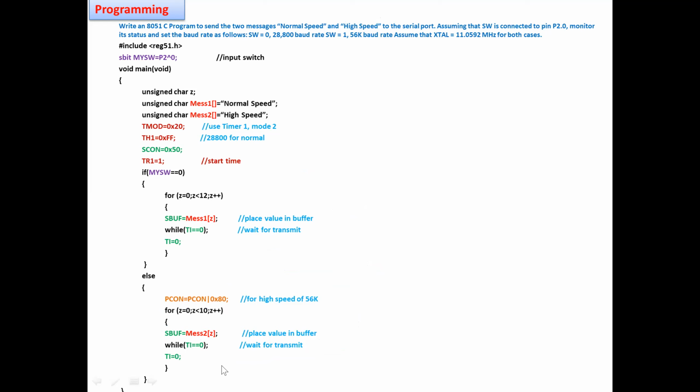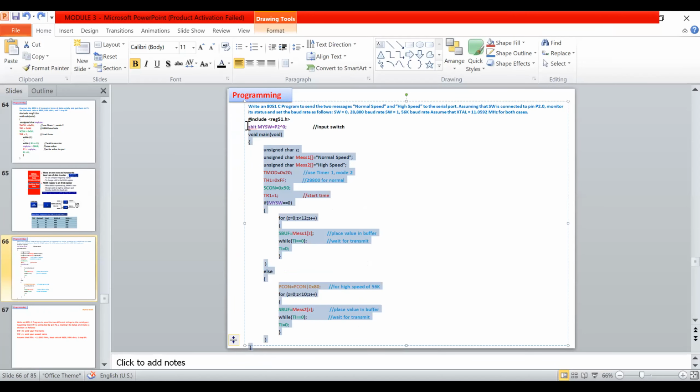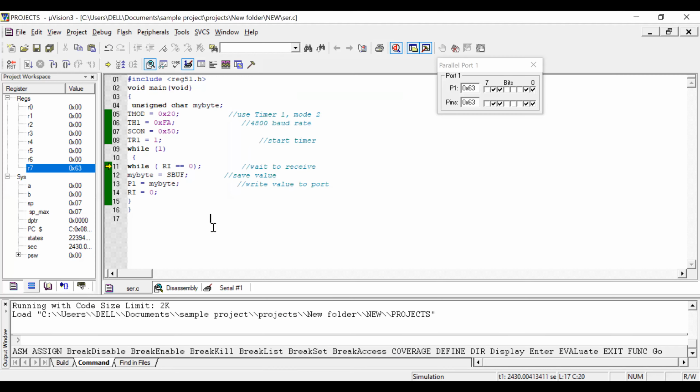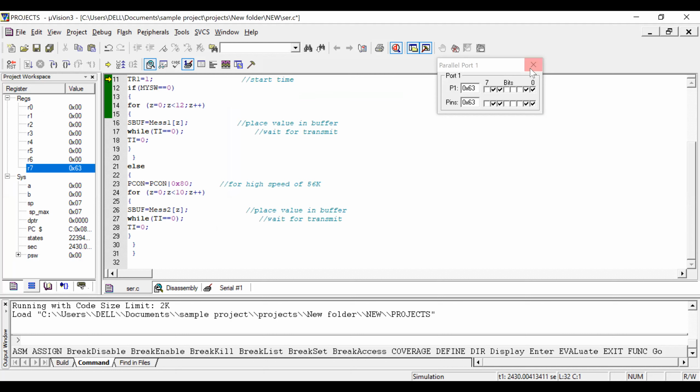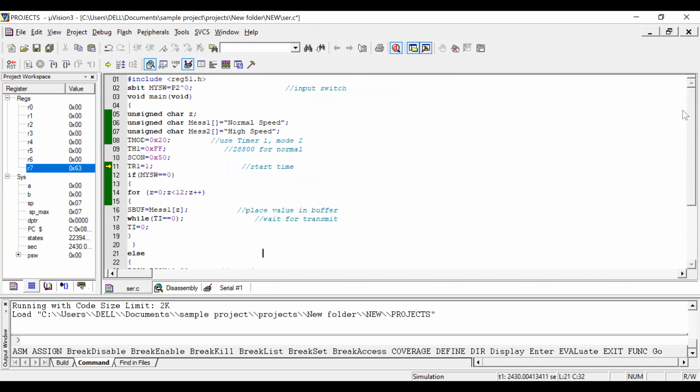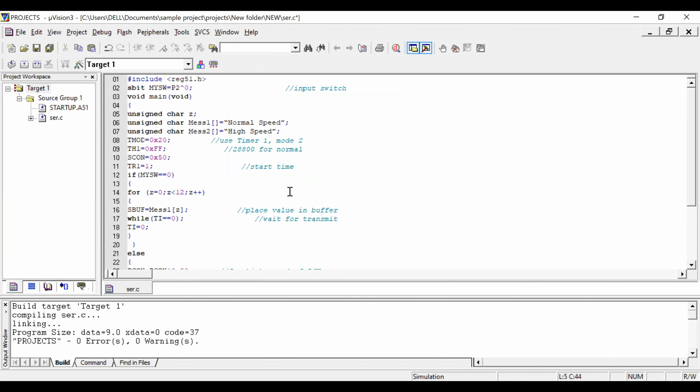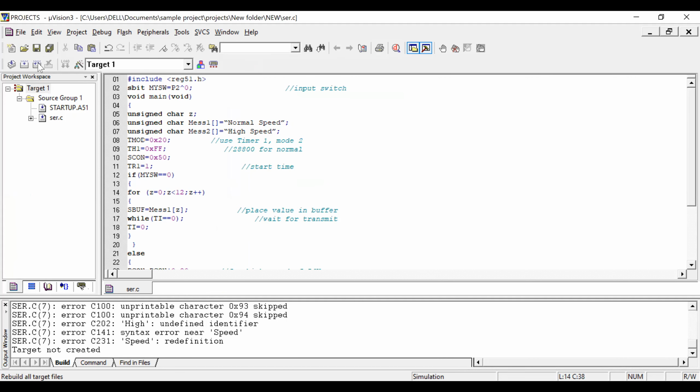We will take the program. So I'll put it in the software. Right. So here, go to normal mode, build the program. There is an error. What is the error?